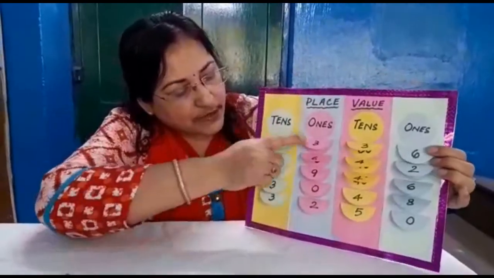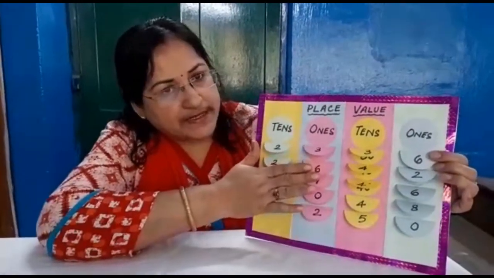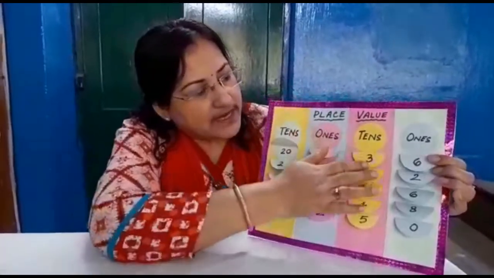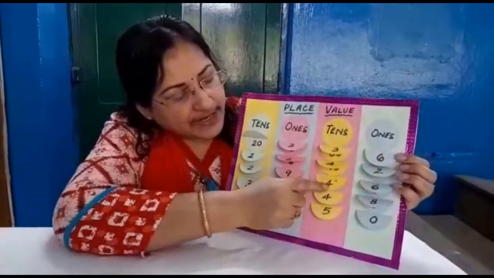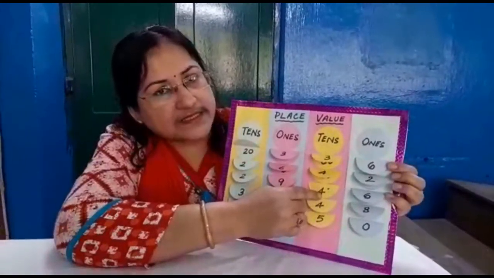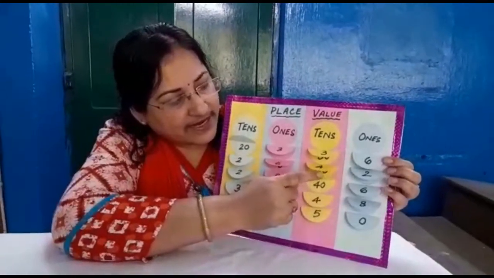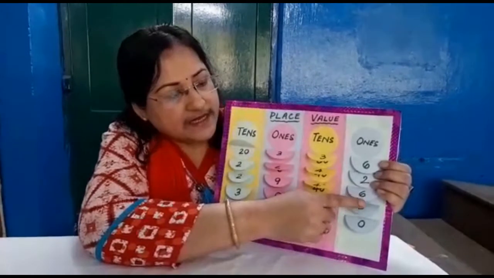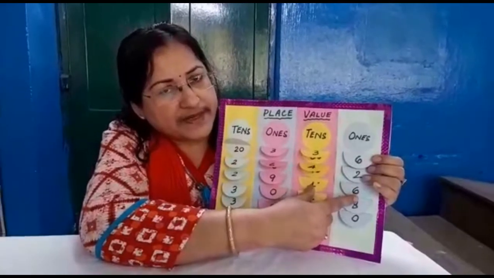Okay. So in this way you can play, you can assess yourself the tens place and the ones place. So the place is here tens, but the place value is here 20. Okay. Similarly, now come to this part. This is also tens and ones for you. Let me come to this part. This is 4 tens. That means the place is tens. What is the place value? The place value is here 40. Okay. And this is 6. 6 is in what place? Ones place. So what is its value? 6. So what is the number here? What is the total number is?